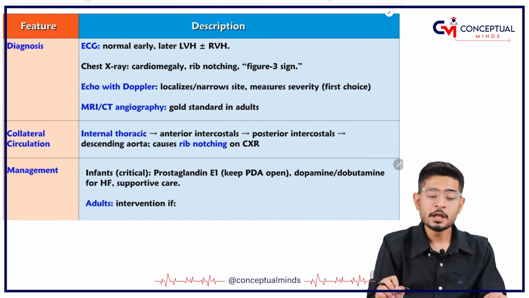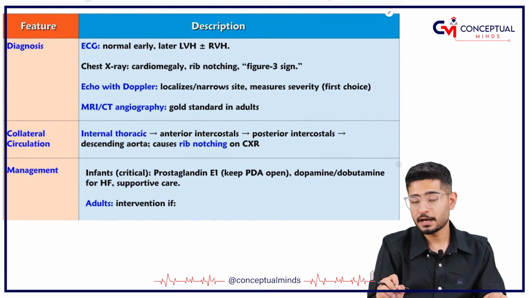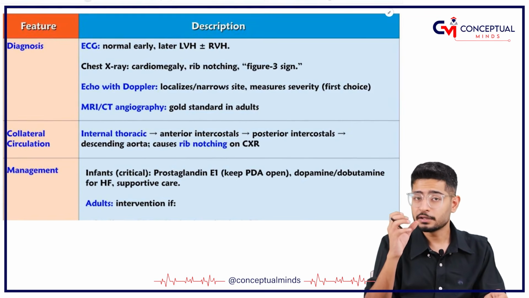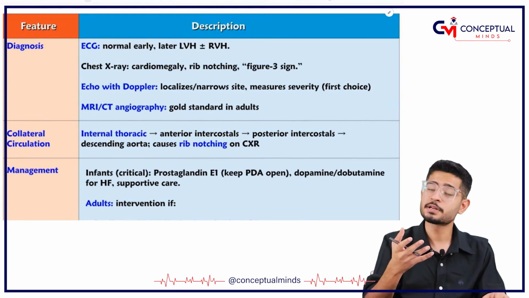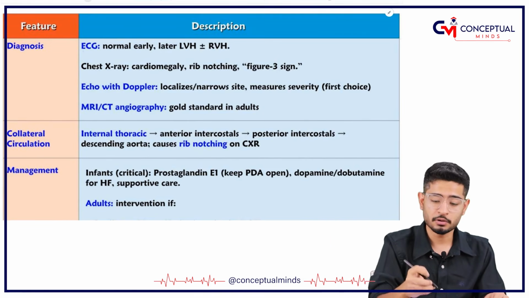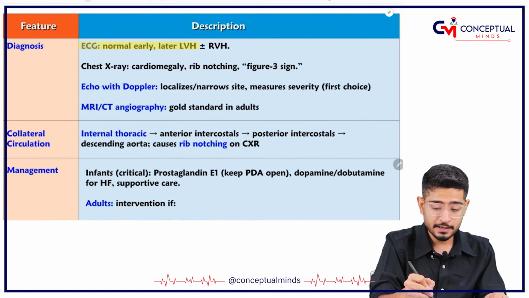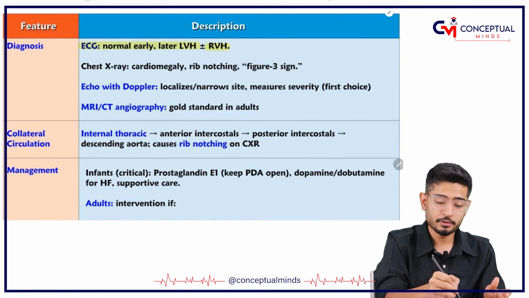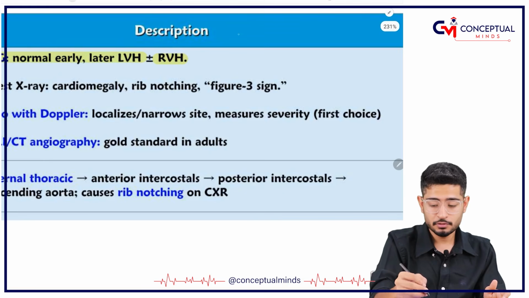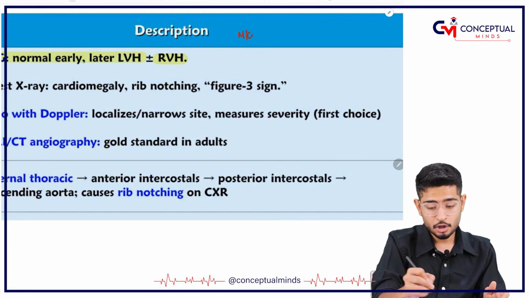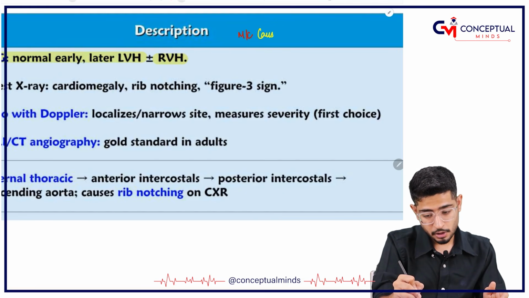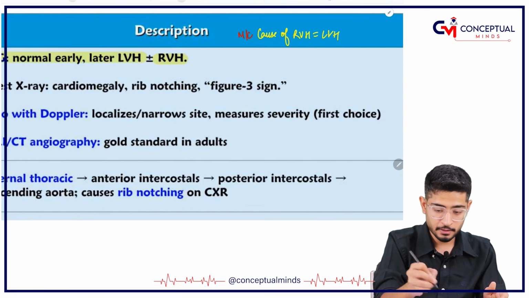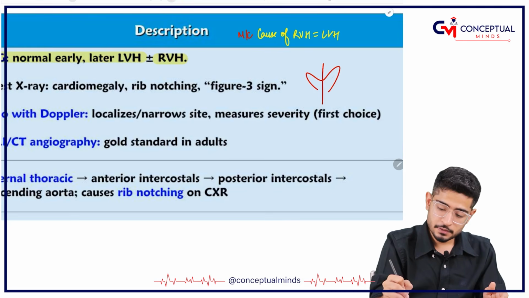This is important. Please understand that, as I've told you, the left ventricle has to generate a lot of pressure because there is obstruction in the aorta. That's why there is left ventricular hypertrophy, which can be associated with right ventricular hypertrophy also. Guys, if you don't know, the most common cause of right ventricular hypertrophy is actually left ventricular hypertrophy. Why? Because if the left ventricle is hypertrophied, the